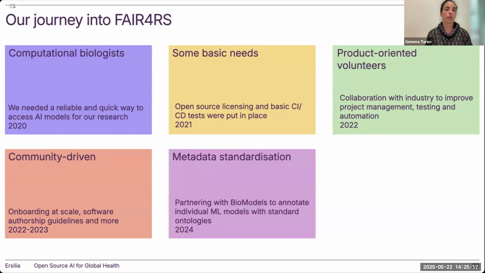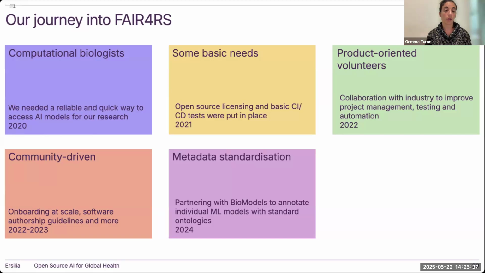And then we started to really get into the meat of it, into properly benchmarking our tools against some of the FAIR principles by partnering with larger organizations in 2024 with Biomodels, which is a larger repository for any biological related model.